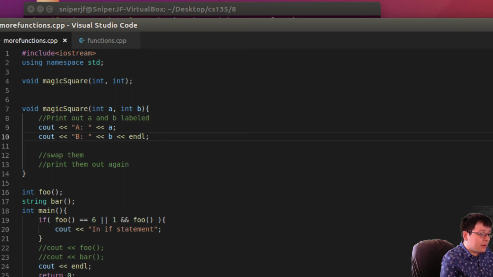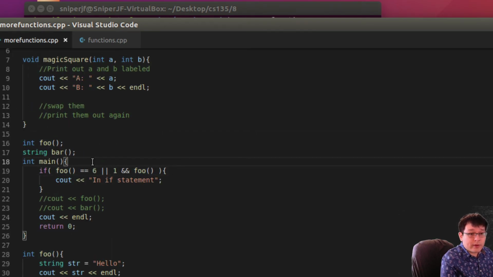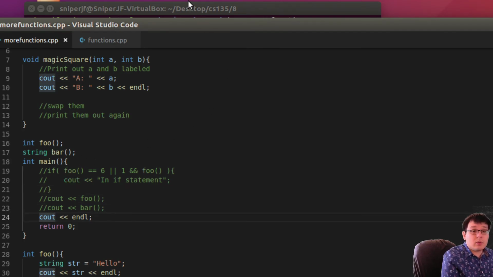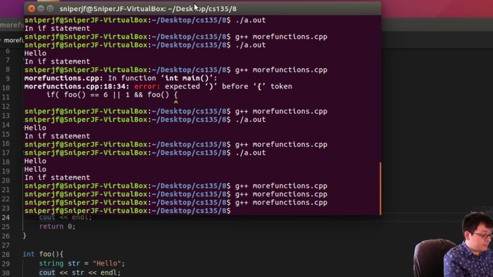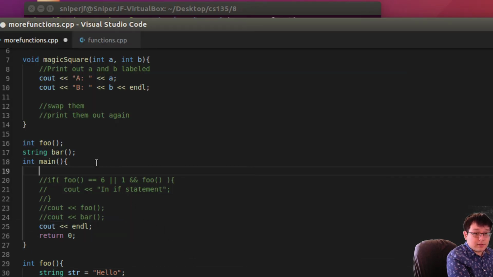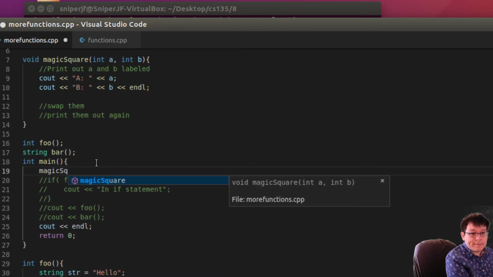In fact, we can even try to run that part and see if it works before we go any further, because it's good practice to sort of divide and conquer. So we divided our problem into 3 smaller problems, and now we're working our way through each of them. Nothing prints out because we have not called the function. So let's go ahead and say magic square